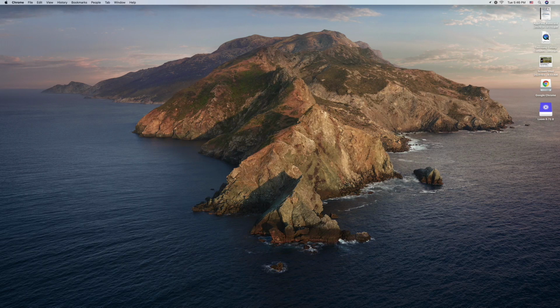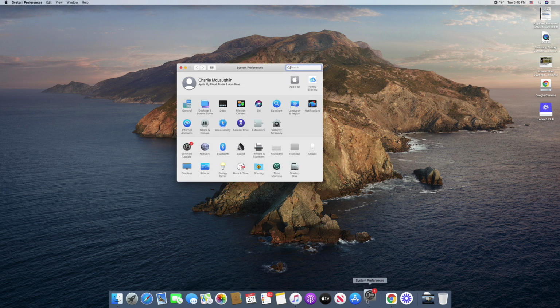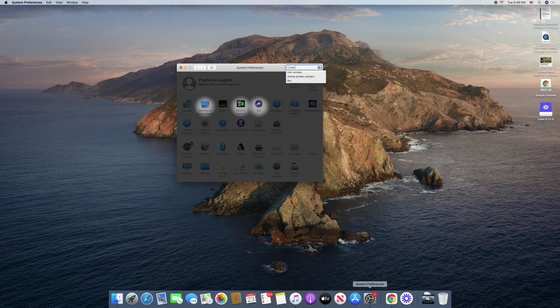This next feature is one not enough people know about or utilize. It is called Hot Corners, and I'm going to show you how you can get yours set up right now. So open up your System Preferences application, and I also want to mention, rather than trying to find a specific setting that you're trying to adjust, you can actually just search for it in this search bar in the top right hand corner. So in this case, we're going to find Hot Corners. Then we can open that up.